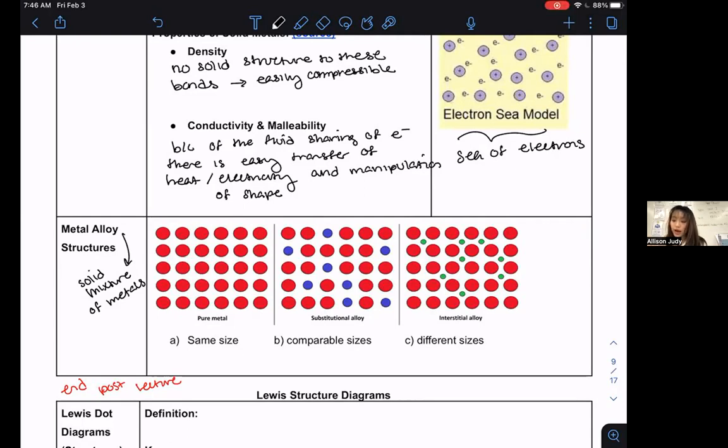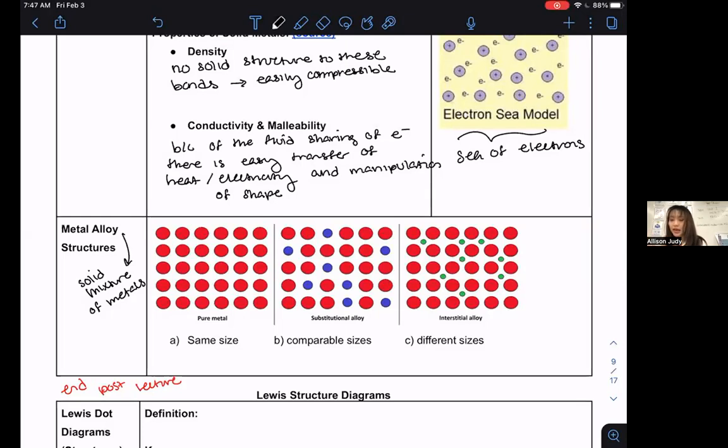Now, what if, with your alloy mixture, you have a slightly smaller metal being mixed with another metal? We generally call that, because of how they compress together to make it all fit, a substitutional alloy, because one metal is slightly smaller than another metal, but it's similar enough in shape that it ends up creating still a relatively